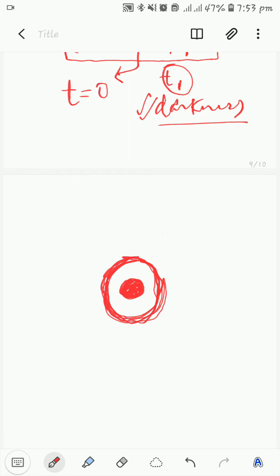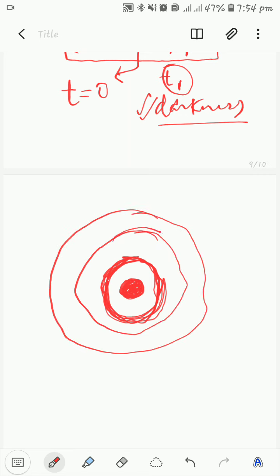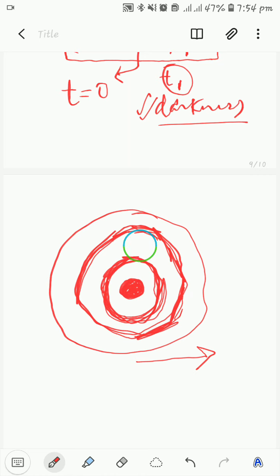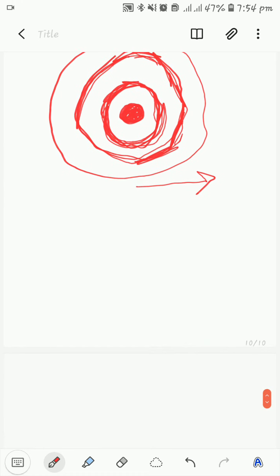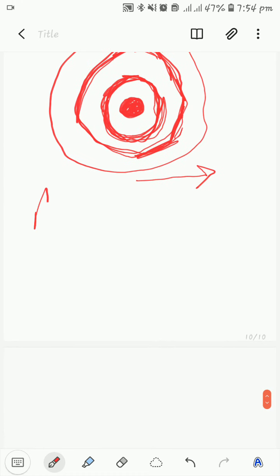Okay, again after that, the pattern we'll be noticing here is that the circles produced in this Newton's ring experiment will be getting thinner and thinner as we move away from the center. So this is the property of circular fringes. Now, what if we have to calculate the radii of dark fringes? Okay, now we'll calculate the radii of dark fringes.